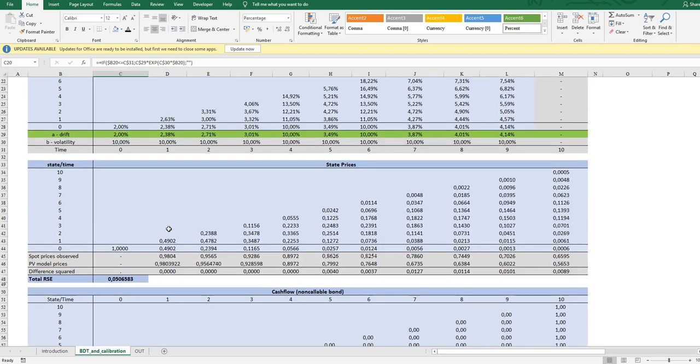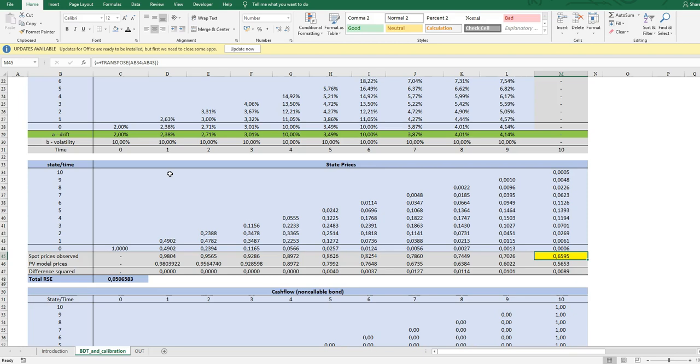A smarter way of doing it is by using what is called a forward induction method, where we can calculate on each maturity state prices that we can sum, and which gives us the exact present value model price on that maturity. So for instance, right now, with the arbitrarily chosen future stochastic rates, we have an observed price of